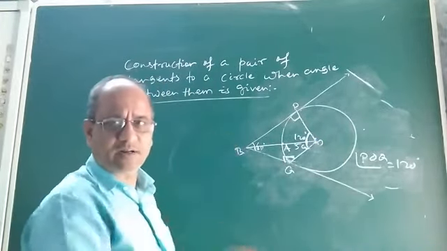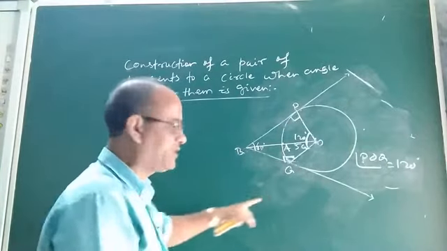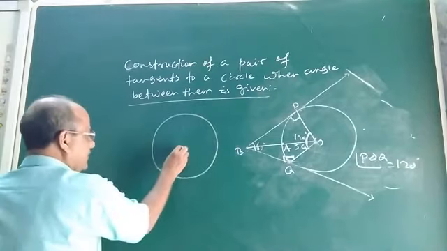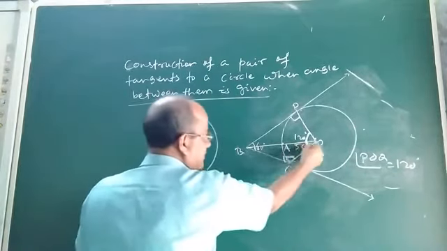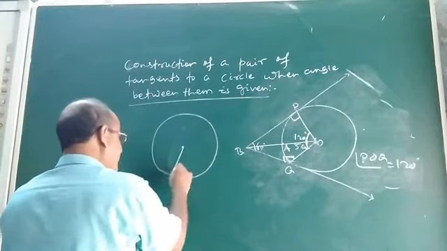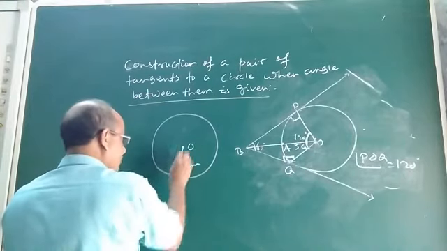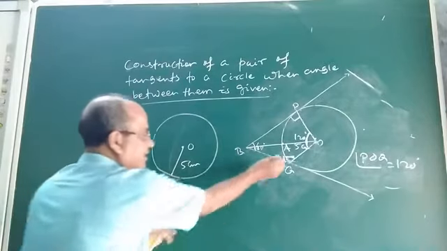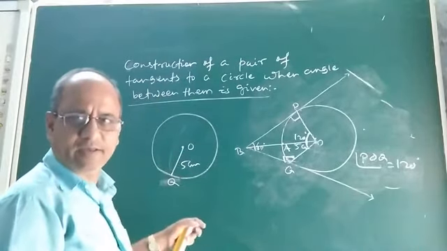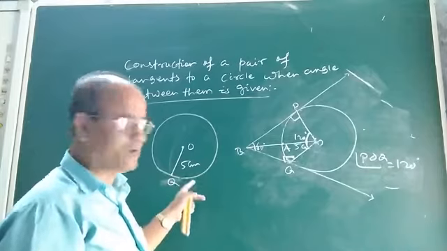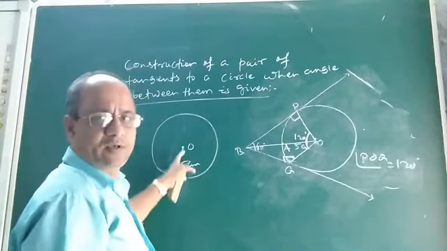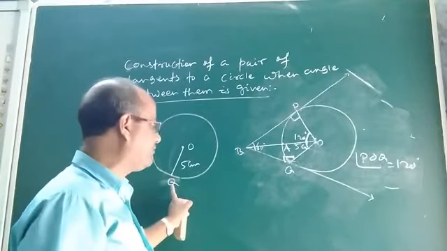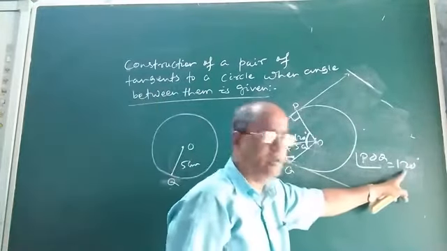See, this can be done in two ways. The first method is, what you do? First you construct a circle of the radius that is given. How much is it given? 5 cm. Suppose this is 5 cm. See, this is OP, OQ. This is the rough one. Now we are making the construction fair. So we are given radius 5 cm, so first you construct a circle of radius 5 cm. Suppose name it OQ.